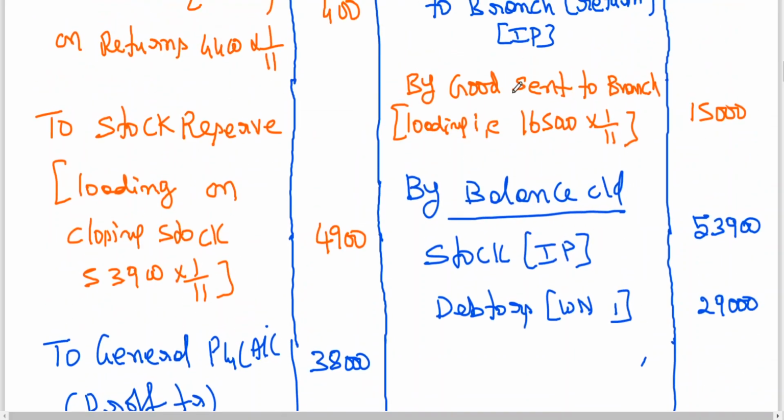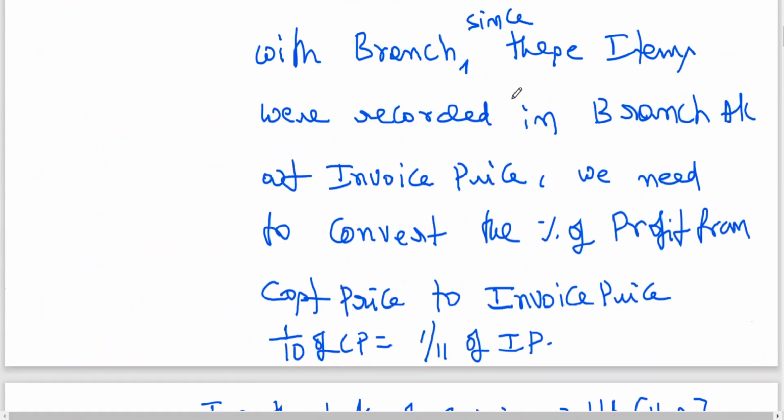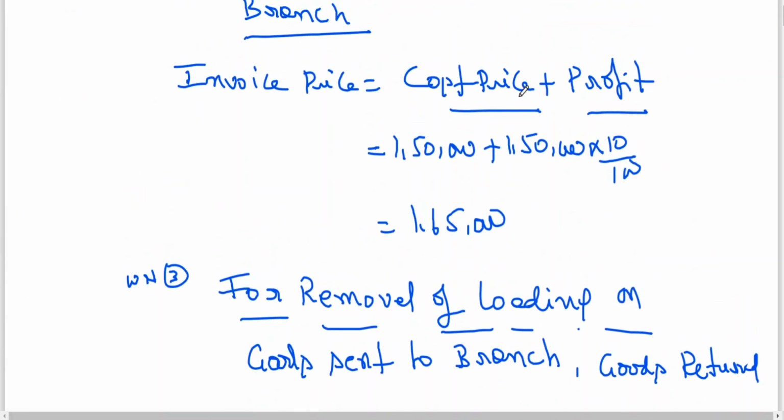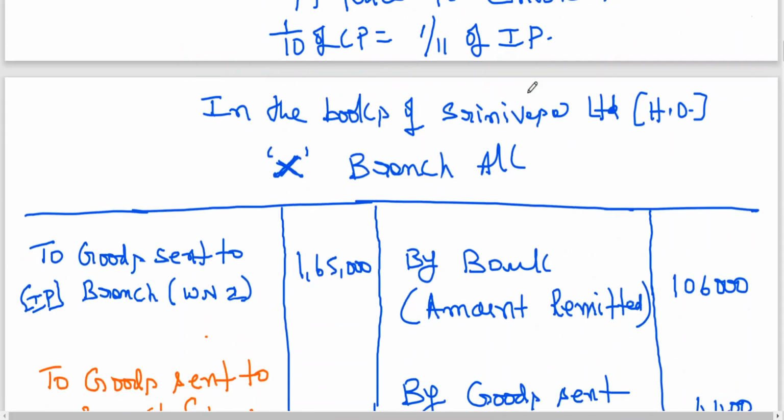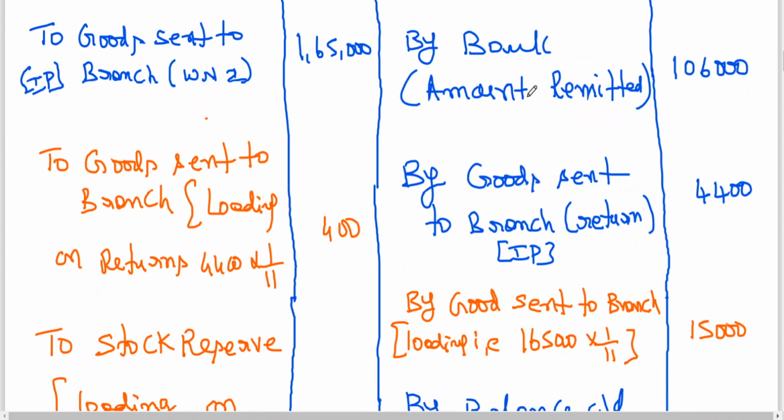Okay, this is how you have to work out this problem. You can expect these kinds of problems as short questions. This also can be done by the final accounts method. When you take final accounts, everything is at cost price. Goods sent to branch is at cost price, closing stock is at cost price. Then there we take credit sales, and we have to get the profit. I'm not working it out now, but generally we can find it out by doing that. So we'll move on to the next problem.